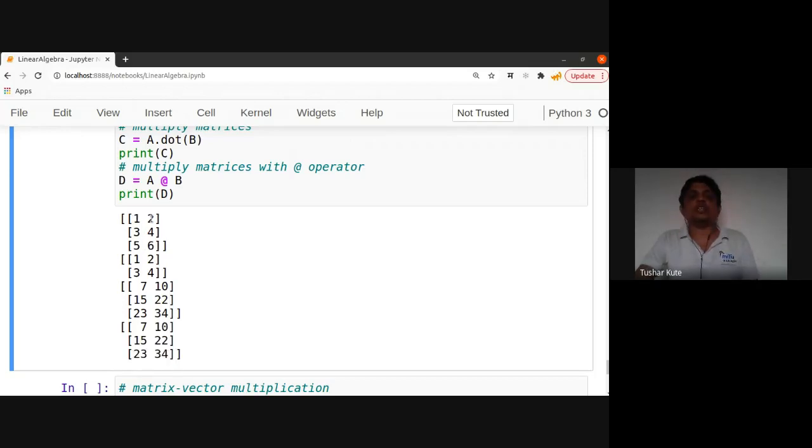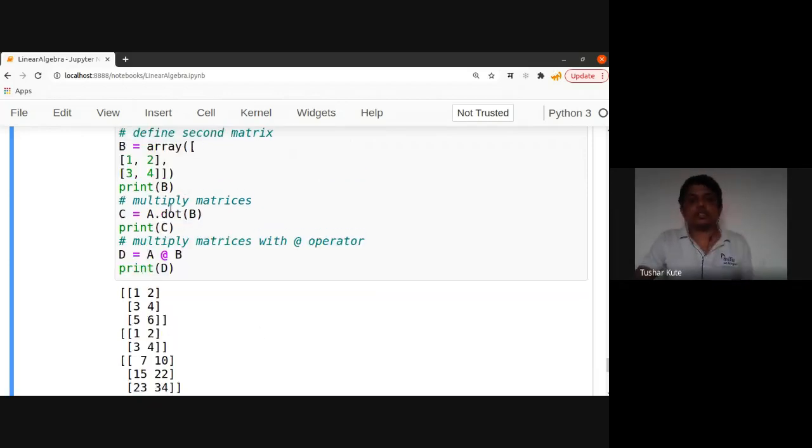So how are these operations done? These two and these two, correct? Then this two, this two, this two. So this is what we multiplied there: first row and the second column. We know that exactly this method is followed over here. This is the dot multiplication of the matrices.